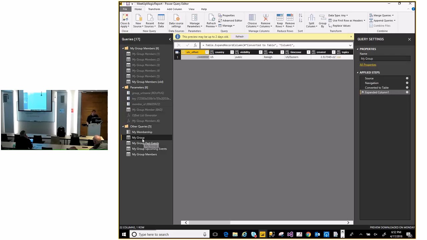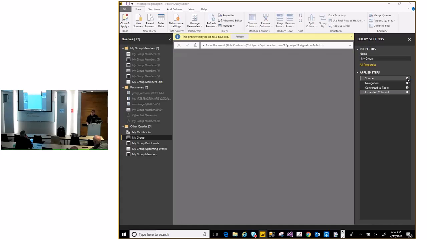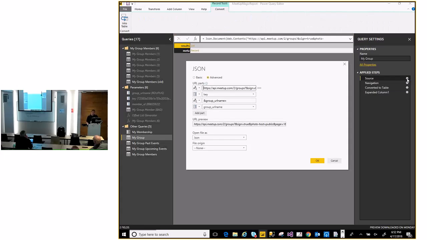So let's start with the group. The group, of course, we're only expecting one result. So this particular request will support a comma delimited list of groups, and you could look at this in a larger fashion. So if you want to ask a question about lots of groups, maybe in a particular geography or related to an individual, you could reform this in a different way and allow that.